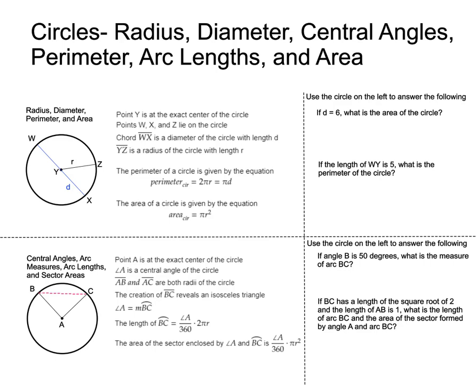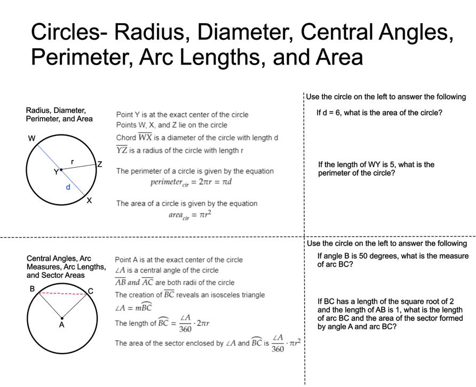A chord is formed when you have 2 points that are on a circle that are connected to each other with a line segment. So chord WX, which also happens to run through point Y, is a diameter of the circle with length D. Line segment YZ is a radius of the circle with length R. A radius is a line segment that has one endpoint at the center of the circle and another endpoint on